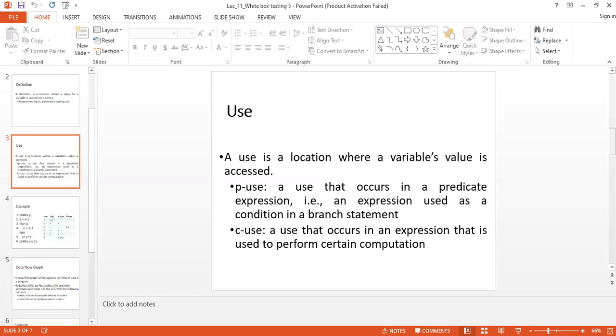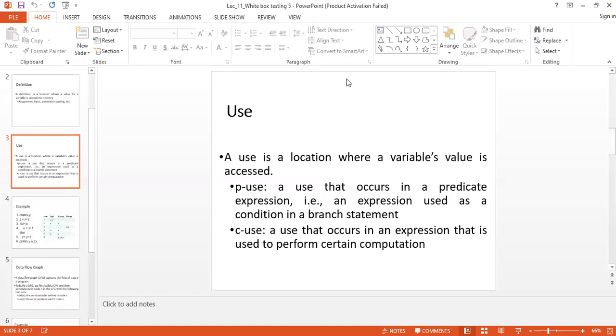In some cases, we have another set of operations, something like x plus 1, x divided by y. These are computations, arithmetic or whatever calculations. These kinds of expressions we name c-use.